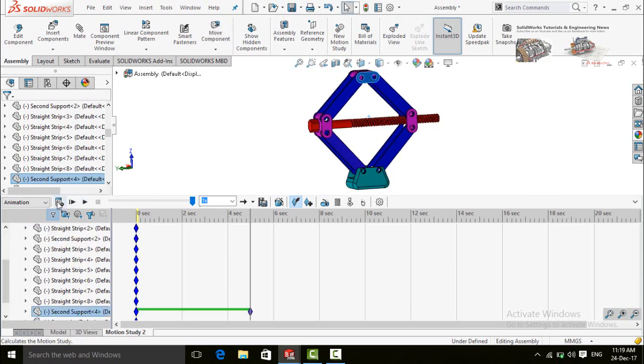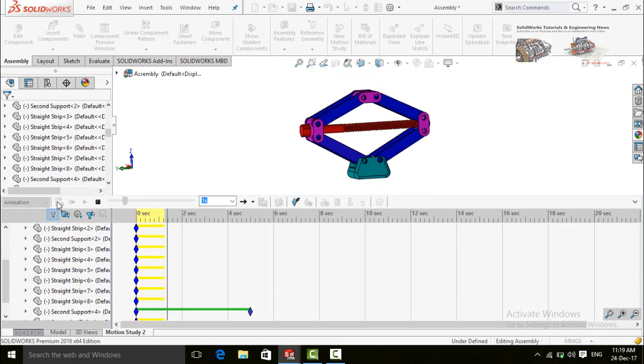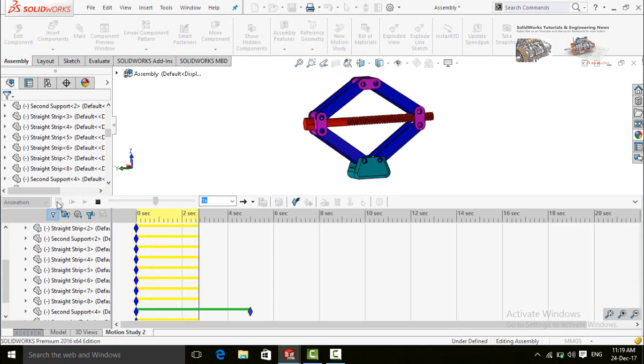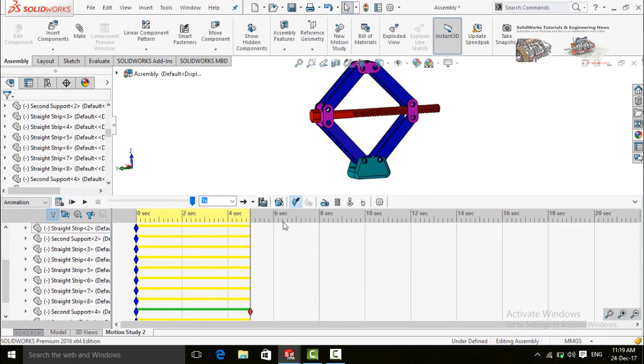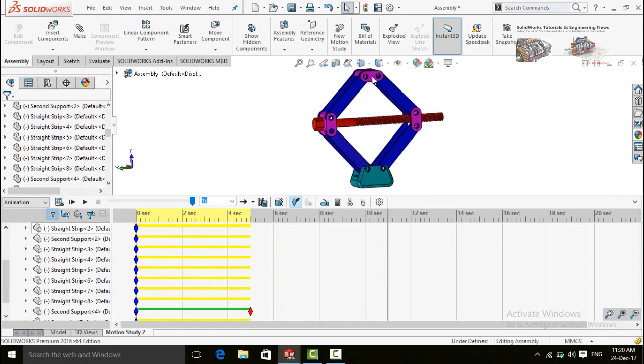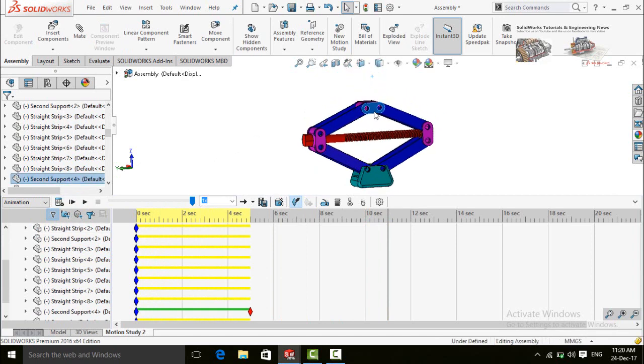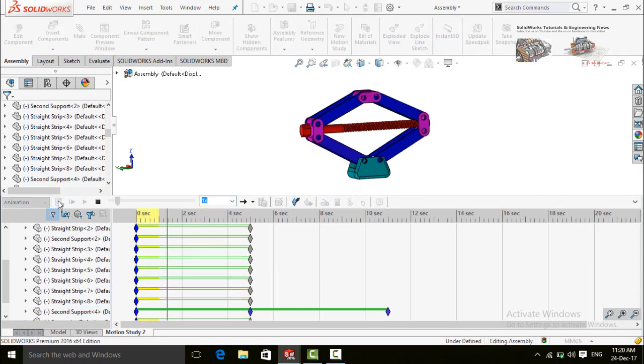Now press this button calculate. Again drag the seek bar up to 10 seconds and then drag the car jack downward. Now again press calculate button.